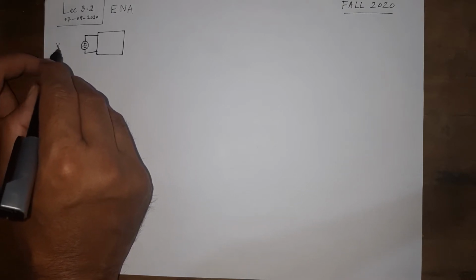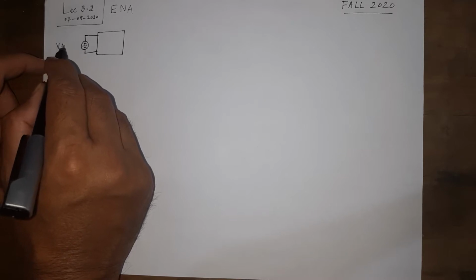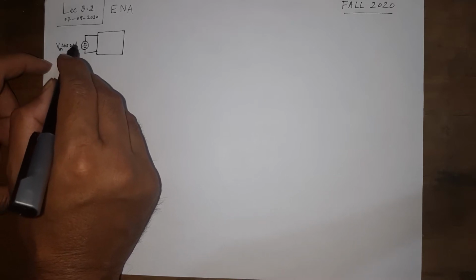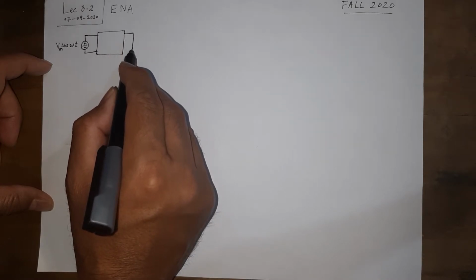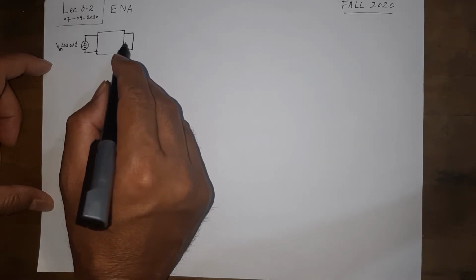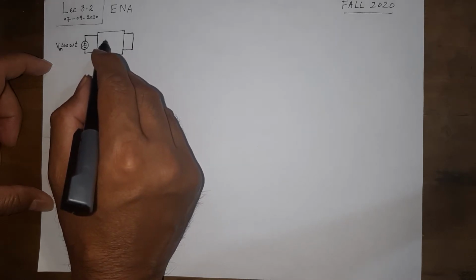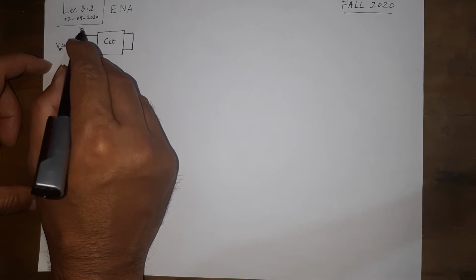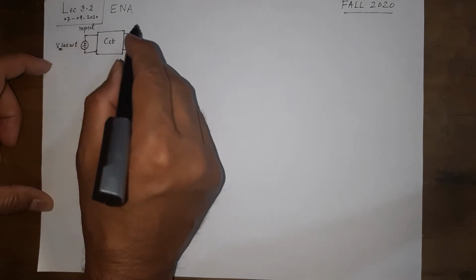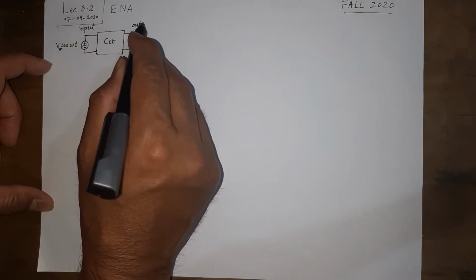So this is a sinusoidal voltage source Vm cos of omega t. And suppose whatever we are interested in is here on the right side of the box. So this shows the circuit. This is the input, and this side represents the output.